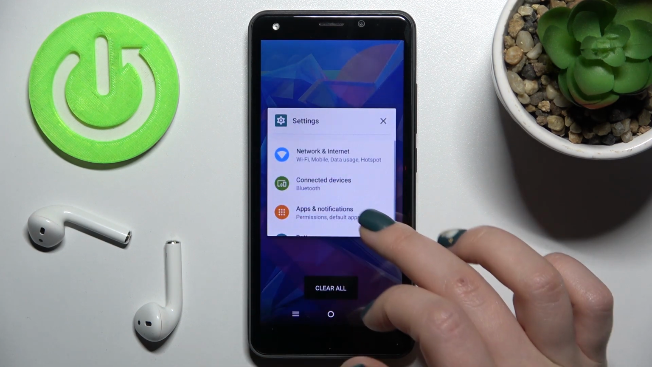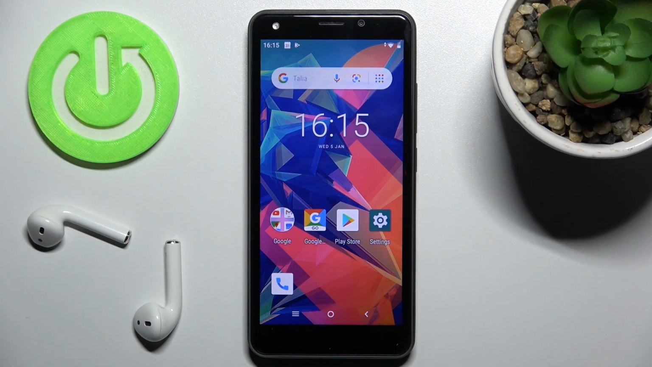account on this device. So that's how it looks,